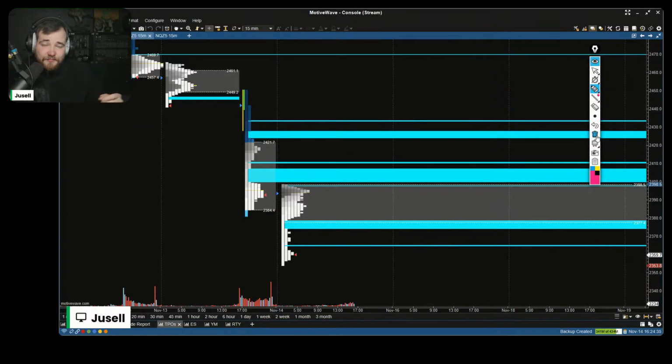Usually when you have a big gap like this, the market tends to move back a little bit and then continue if it does, or just hang around these levels. Because after a big move, the market likes to take a breath.